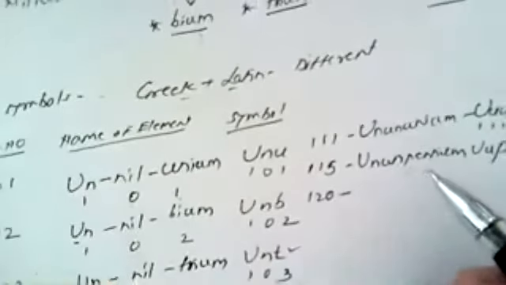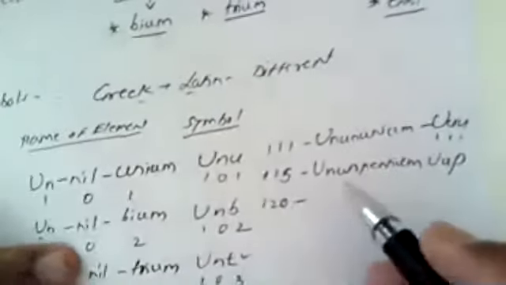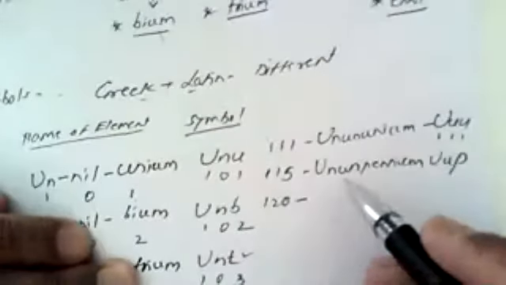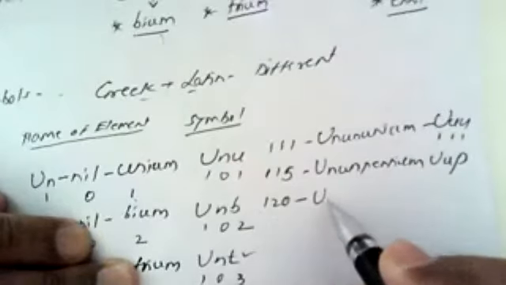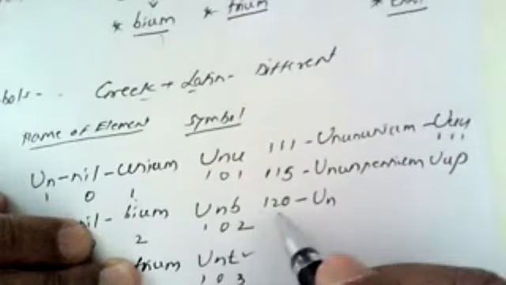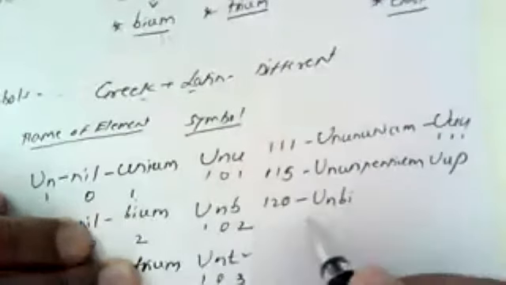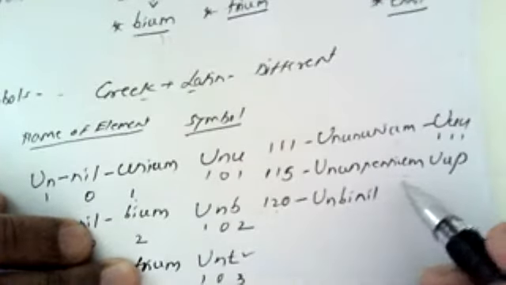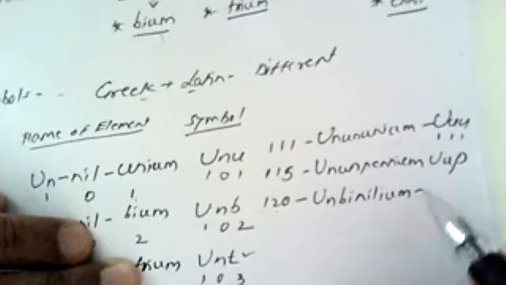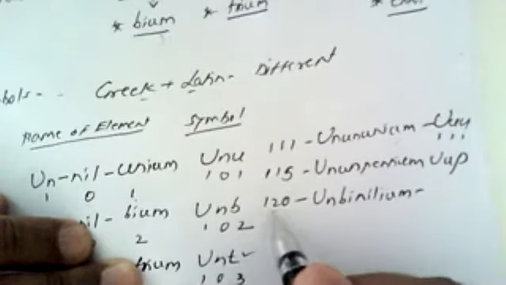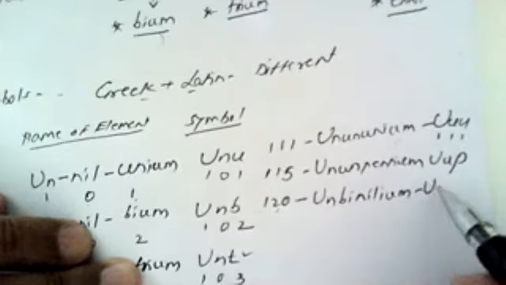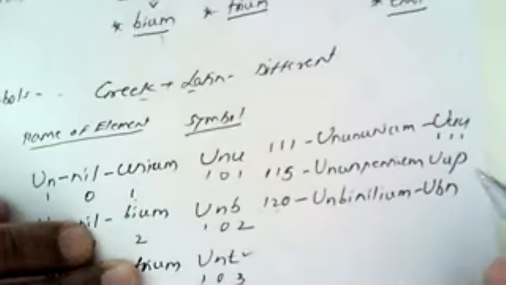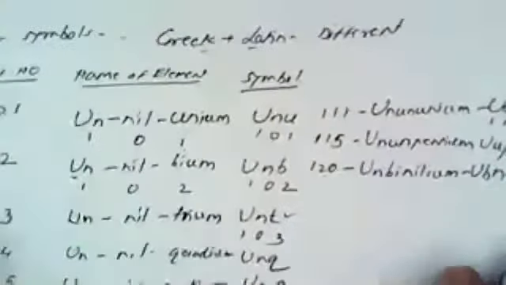120. How can we write for 120? For digit 1, it is un. For digit 2, it is bi. And for 0, it is nil. That should end with ium. So unbinilium. Now I would like to tell you one interesting point while studying this IUPAC nomenclature, that